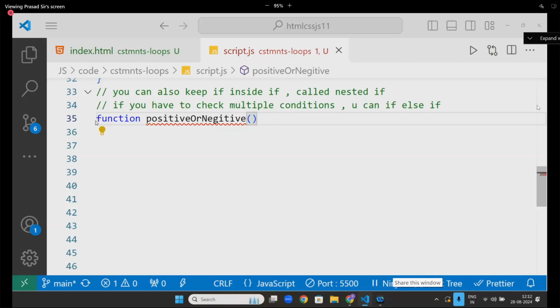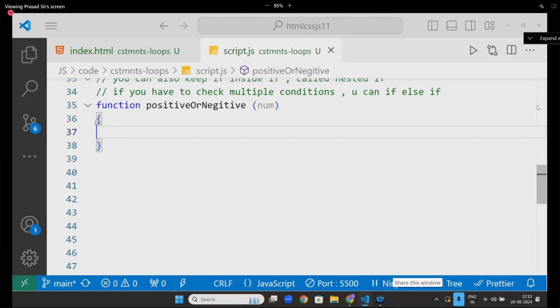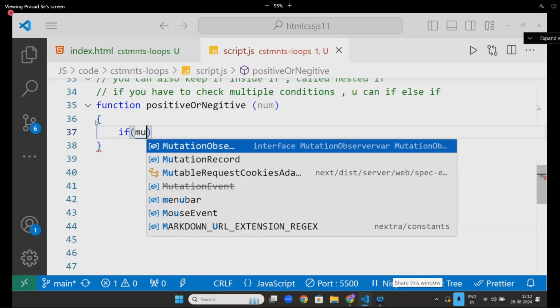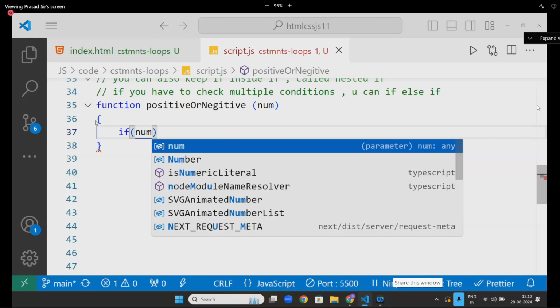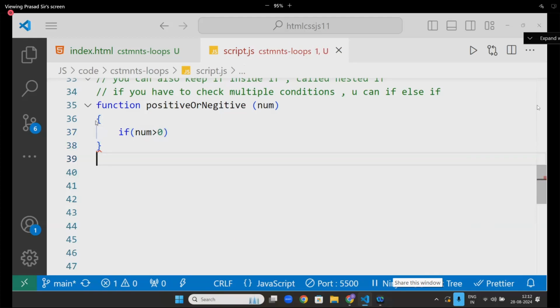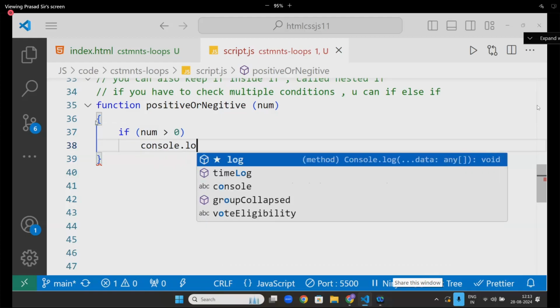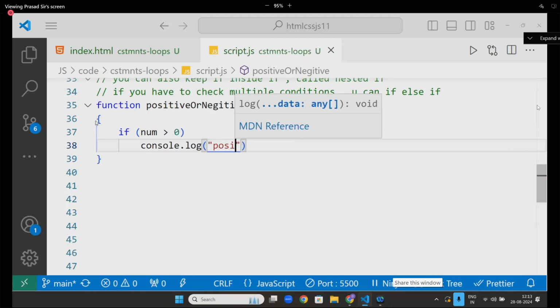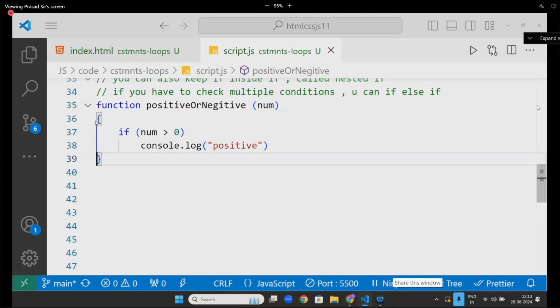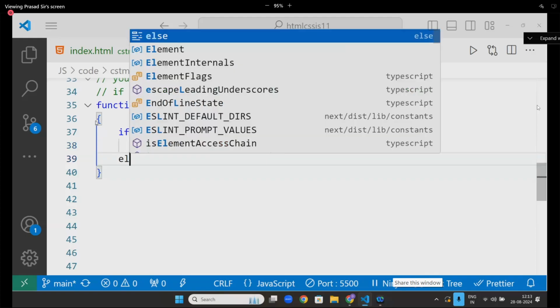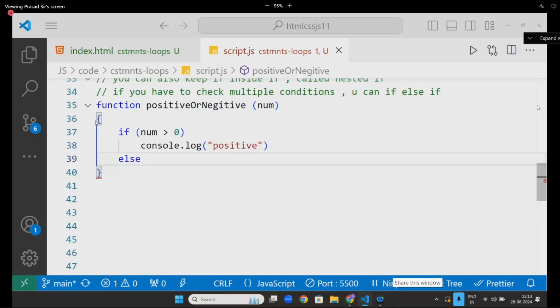Now here, number: if number is greater than 0, automatically it is a positive, sir. What if number is less than 0? Else if number is less than 0,